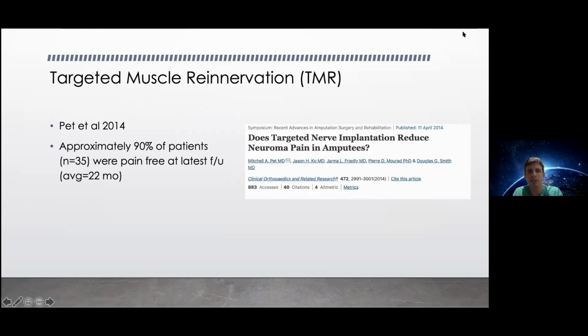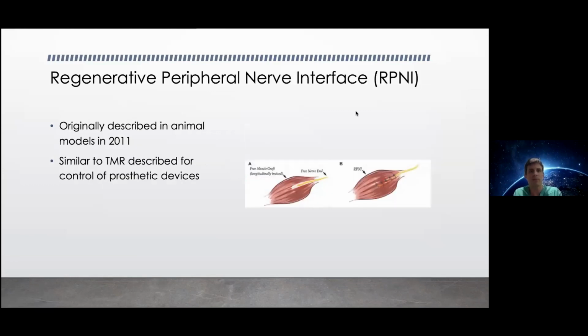Here's from 2014, where they looked at 35 patients, and approximately 90% of them were pain-free at the latest follow-up. So it seems to be miraculously helpful for stump neuroma pain, and that's targeted muscle reinnervation. Then more recently, there's been this concept, both of these are from plastic surgery groups primarily, but there's this